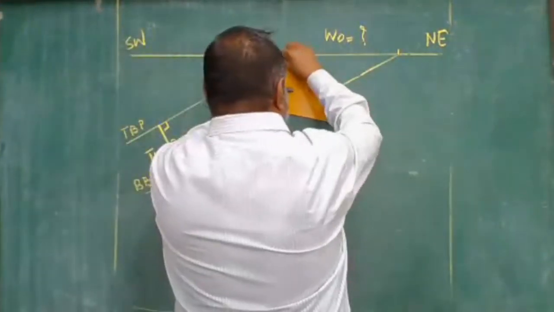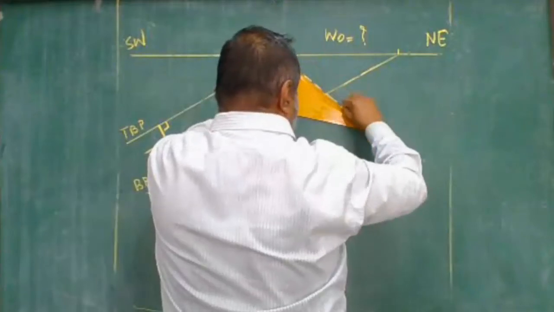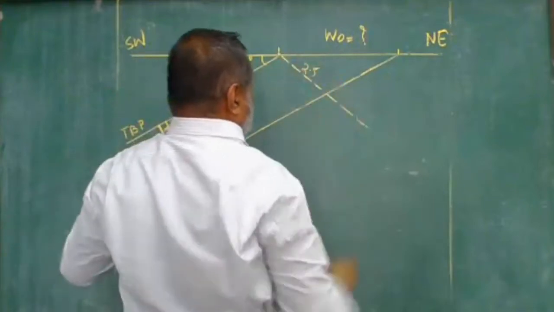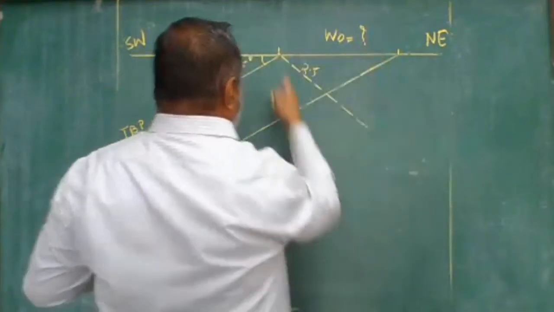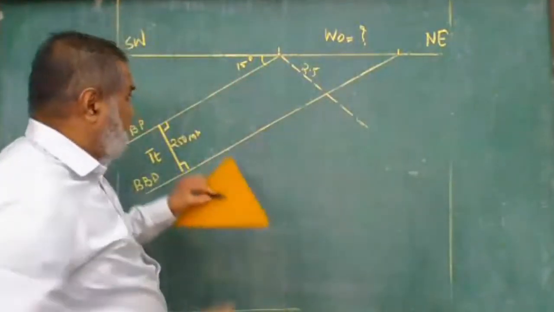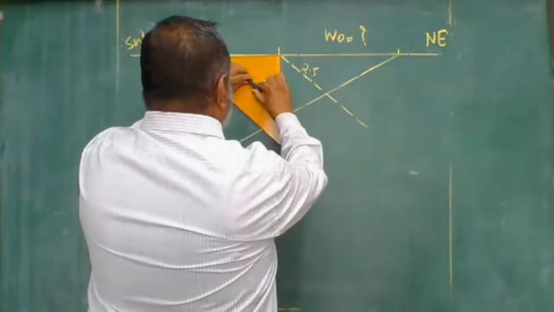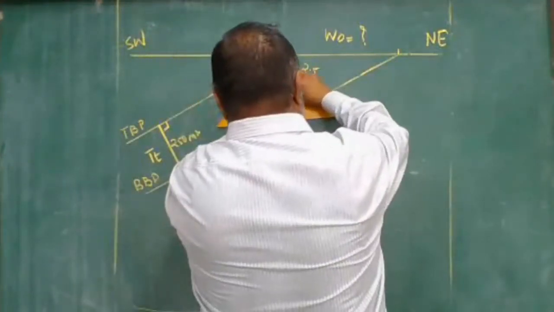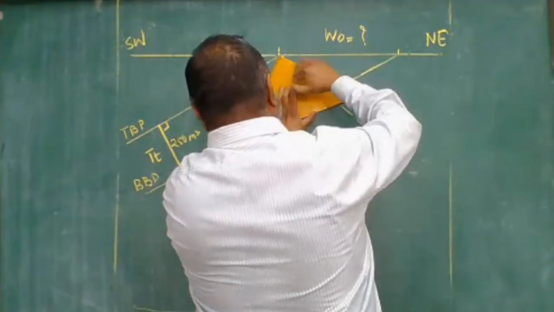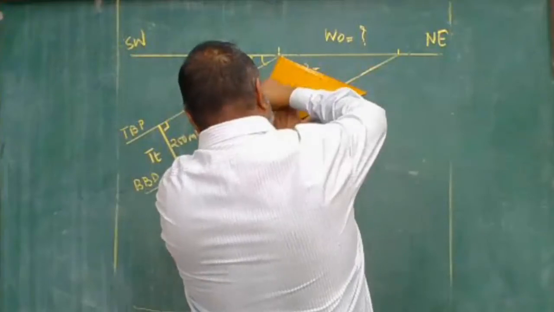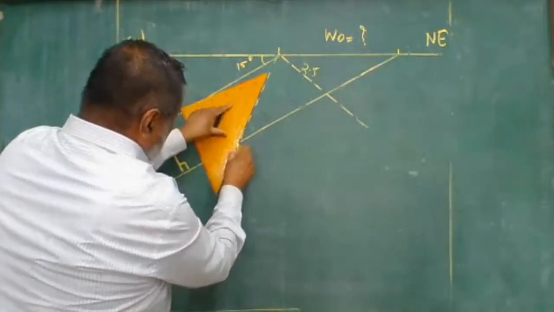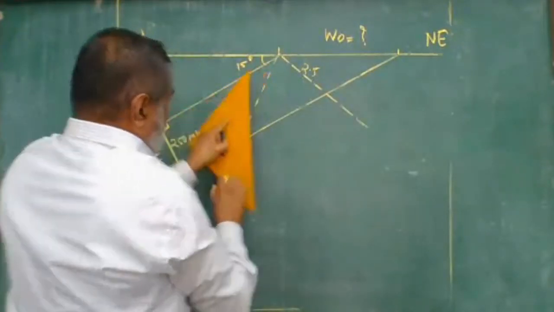Now assume here I got 2.5 centimeter between these two distances. So make a dotted one. Yes, this is your 2.5 centimeter. You have taken this distance from this to this, from this side. Similarly, from this side also you have to take the reverse one. From this point, wherever the 2.5 centimeter is there, for example, here we have 2.5 centimeter, then make the dotted again. And now we have to extend these two hill slopes.